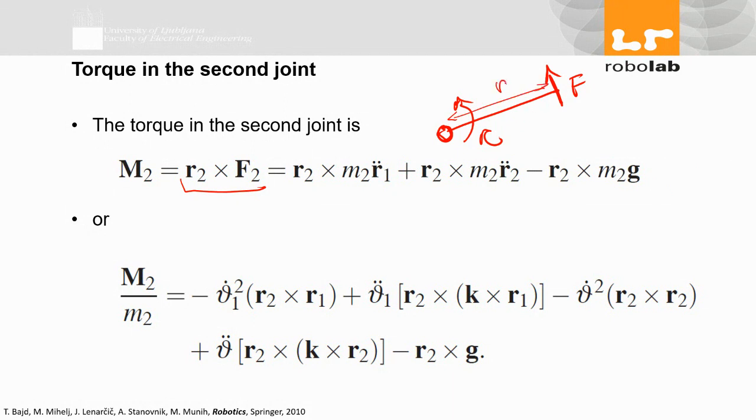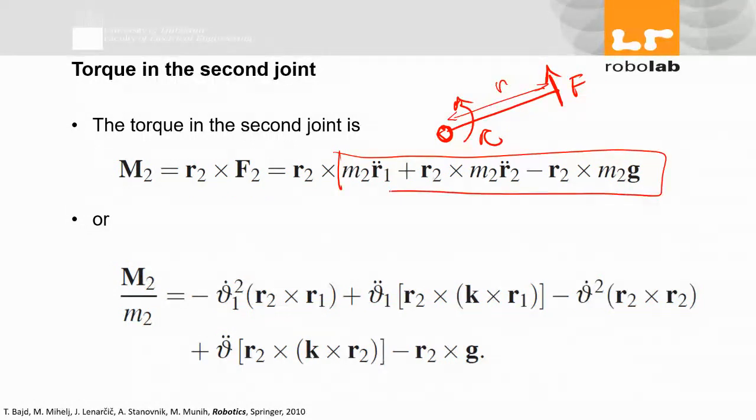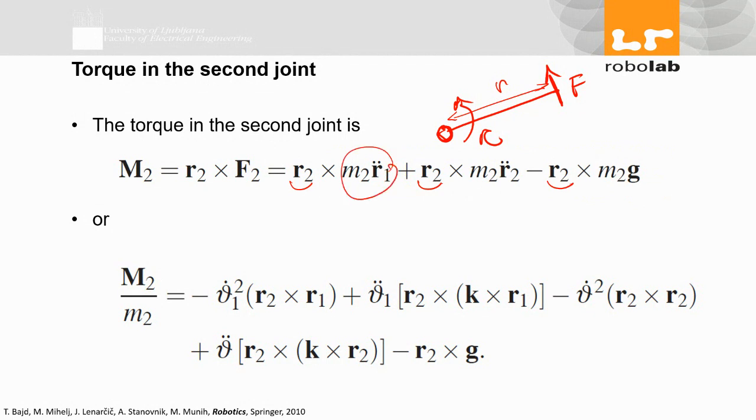So multiplication of this R with F gives you the torque, considering both of them as vectors. So this is a vector multiplication. And when I replace that, I replace my force with this. Not with all of it, but you see R2, R2, R2, because my force